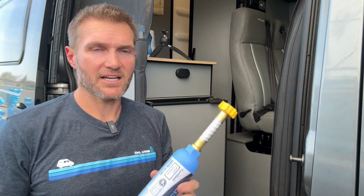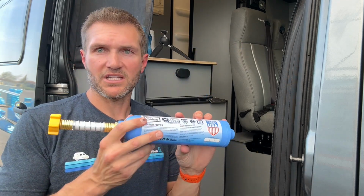But also, I shower in it. I want it to be clean when I'm showering, in case something gets in my mouth. I also wash my toothbrush off in the sink. I don't like to waste water bottles pouring on the toothbrush, so I wash it off and set it up. I've never gotten sick, and I think one of the reasons is that I use this to keep my tank